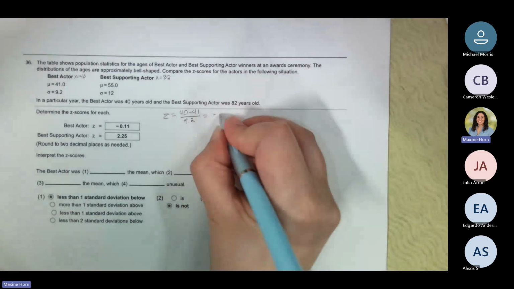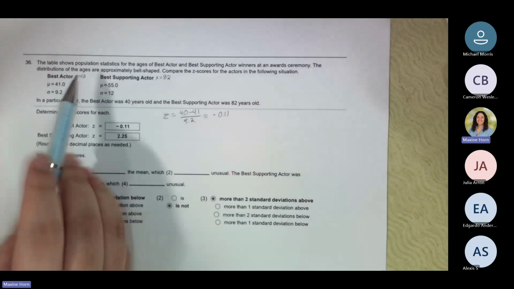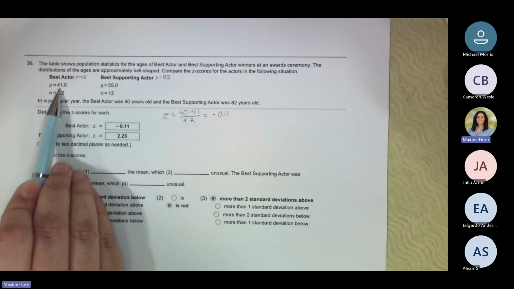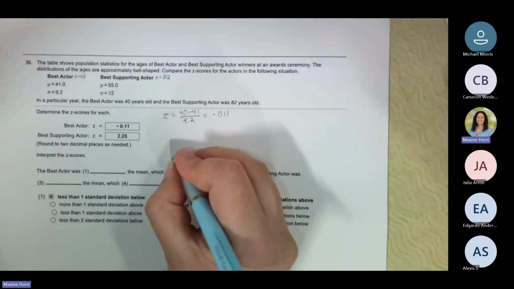Now, when you plug this in, you are getting a negative number, right? You are getting negative 0.11 because the age of the Best Actor is to the left of the mean. That's why it's negative, right? If we were to draw that,